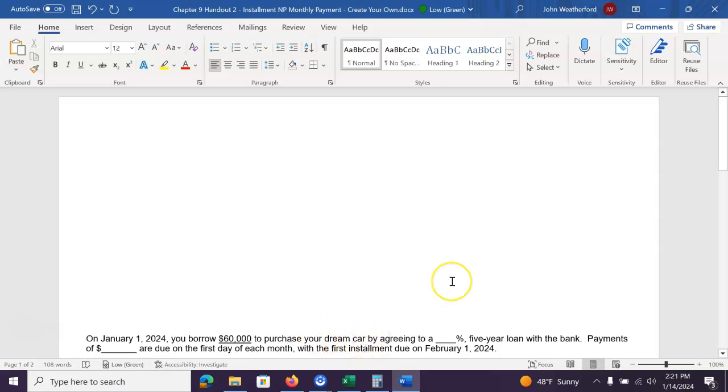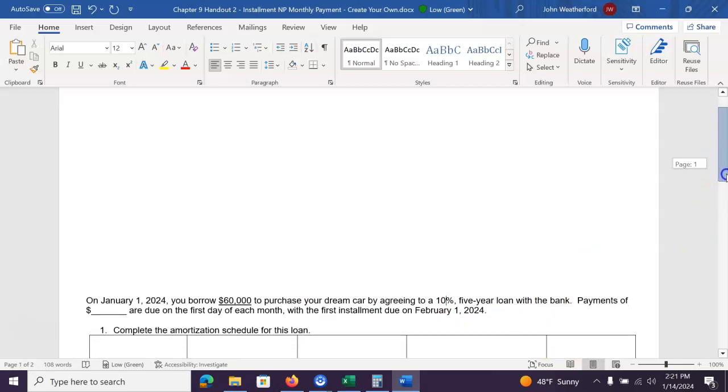So let's say you hit the lottery and money's not an obstacle for you anymore, and you're going to go big. Of course, you might go bigger than 60 grand if you hit the lottery. But let's say the interest rate on a car loan, I would think now it's more like 10%. And we've got a 5-year loan here. So before we determine the payment, let's see what 1 month's interest will be on this loan, and our payment would have to be more than that. If it's not, we're never decreasing the loan balance, right? If payment is less than interest expense, then the loan balance would actually be increasing.